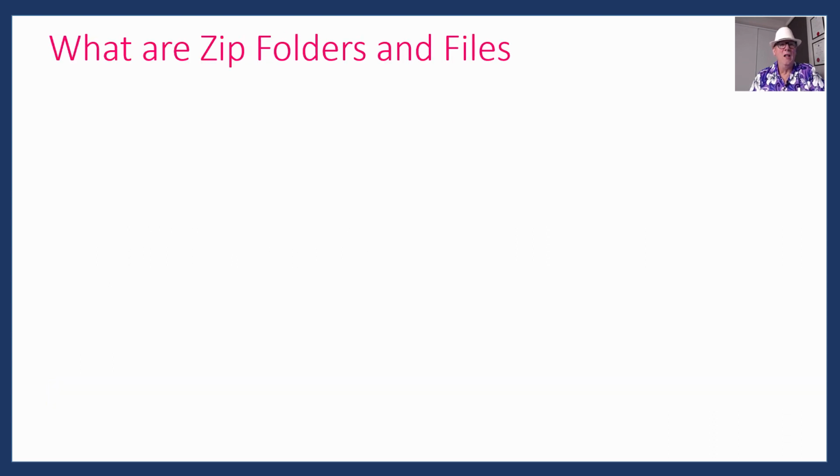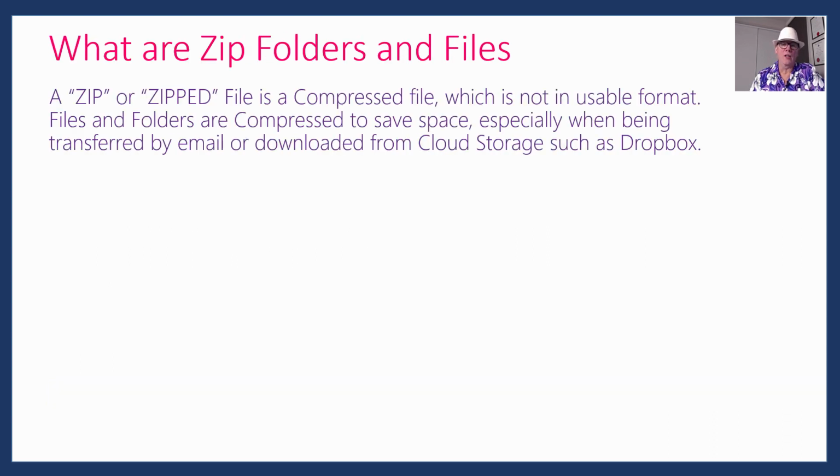Okay, now what are zip folders and files? It's a compressed file, which is not in usable format. So when you get a zip file off someone, you cannot use it straight away, but it's very easy to extract it and expand it all out again, to unzip, uncompress or decompress it, and then you can use it. Zip files will usually happen when someone sends you one by email,